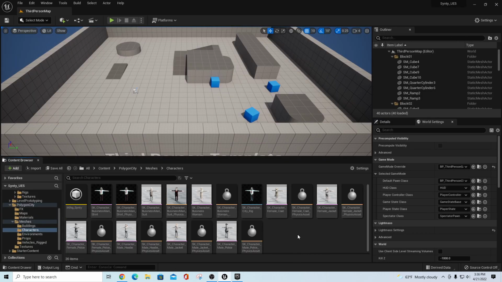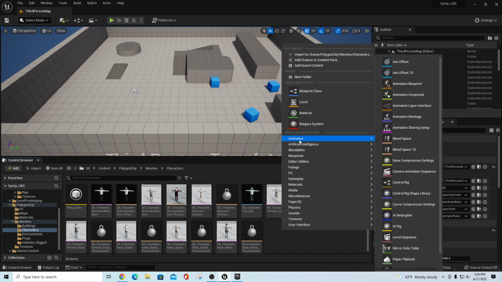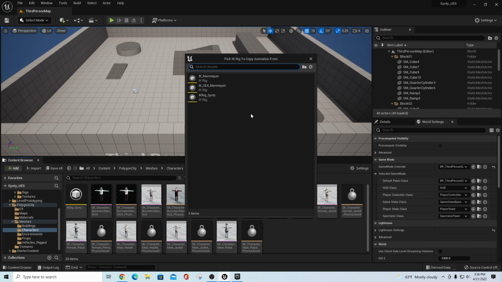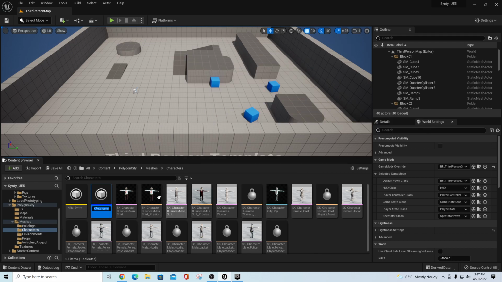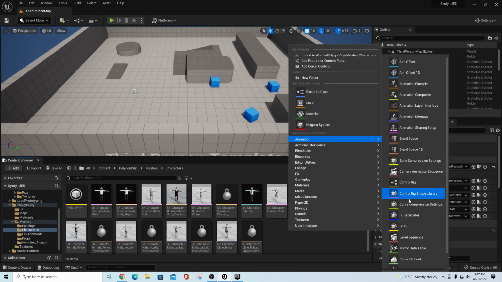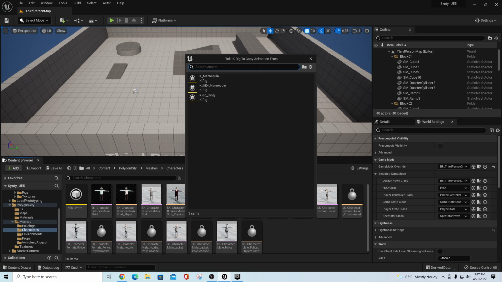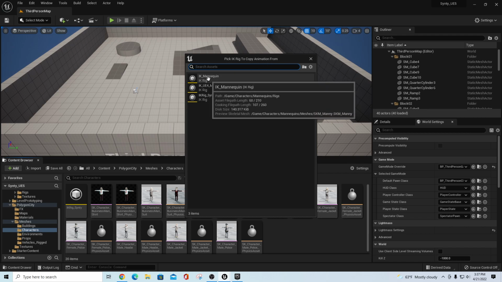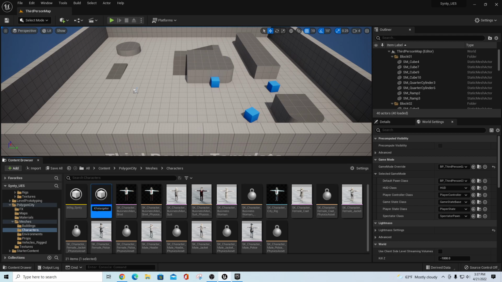Now what we want to do is create a new thing called an IK retargeter. So we're going to right click and go to animation and build an IK retargeter, and we want to base that on our IK rig. I'm sorry, let me do that again. I grabbed the wrong thing here. We want to right click on this and say animation IK retargeter, and we want to actually get something to copy the animation from. Our from is the IK mannequin, but I'm going to call this